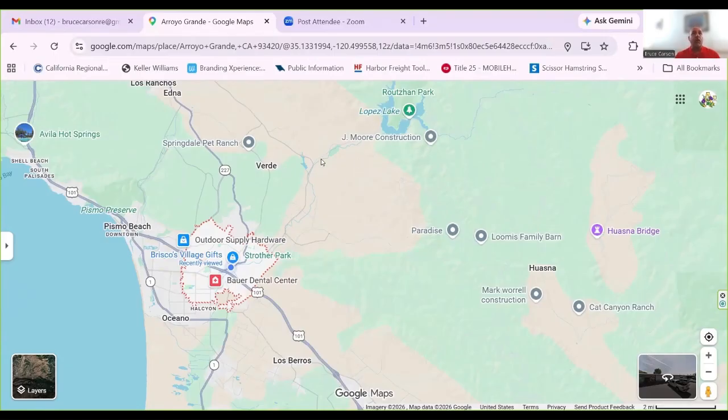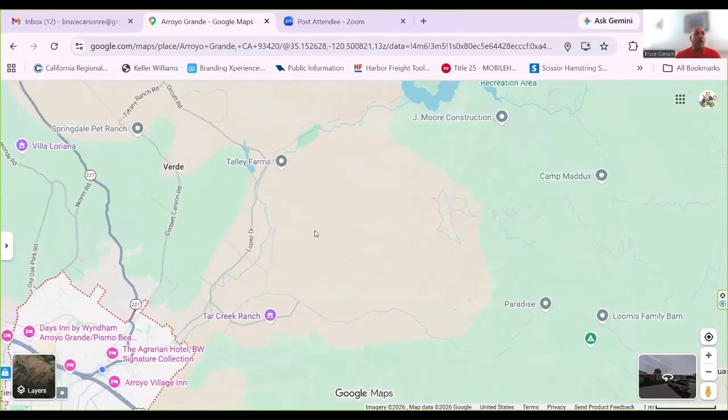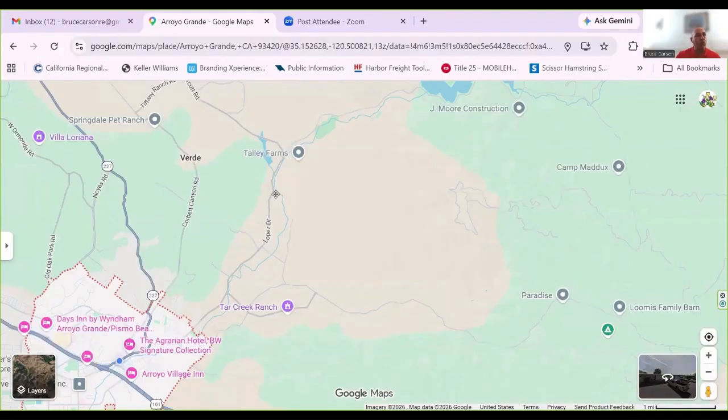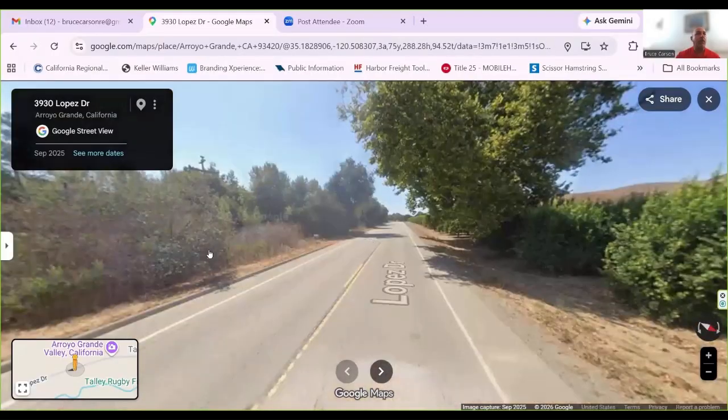Now, out in this area, there are farms and families that have 50 acres, hundreds of acres. There's creeks, there's some little lakes. You can see the water moving through. Tally Farms is a huge farm. They grow citrus, they grow grapes. And I'll show you some drone shots too. So this is all very rural. There we go. But if you like farmland, farms,